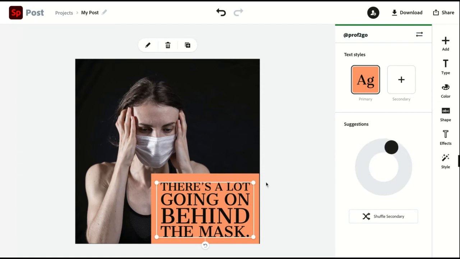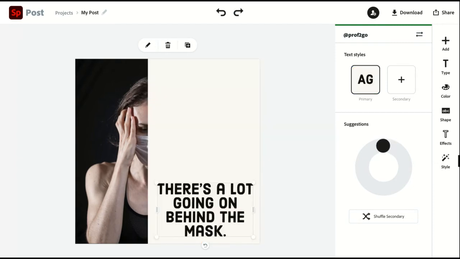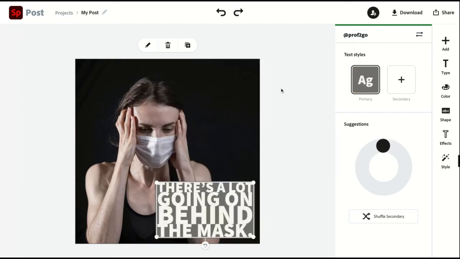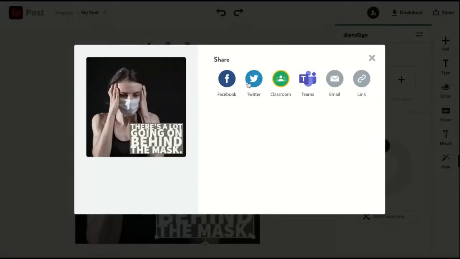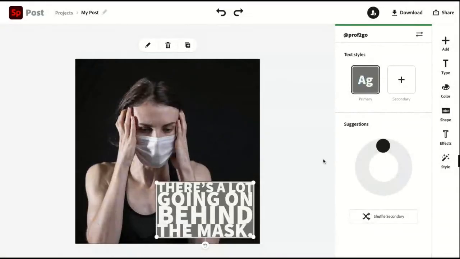And if you feel that's what you want, you can then share that. Or you can download it and publish it to any platform that you see fit. If you're publishing, again, I can push it out to Facebook, Twitter, Classroom, Teams, or create a publishable link. I could copy that link and pass that on to my professor. So that's creating a social media graphic. That's a post that typically you would use in Instagram.